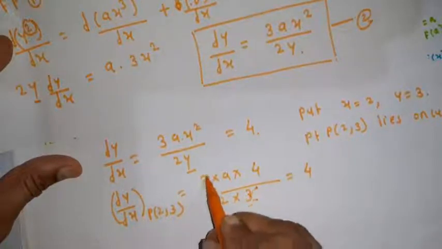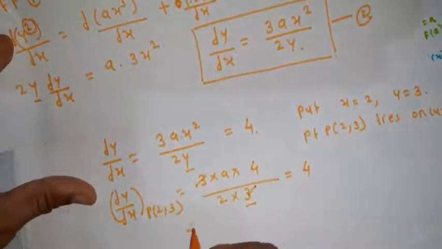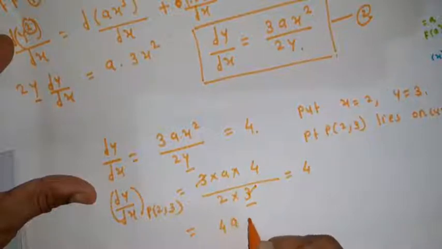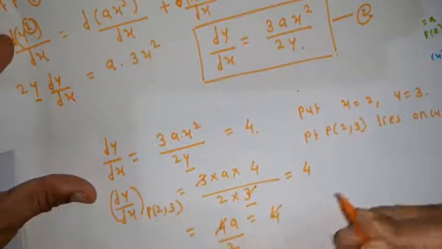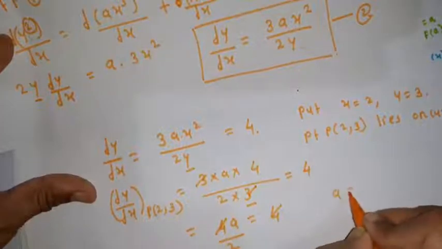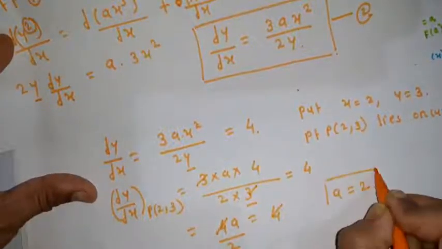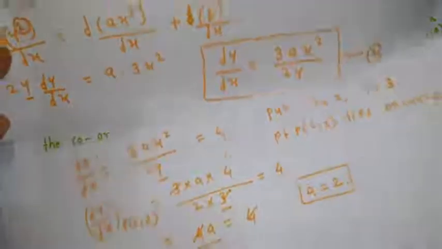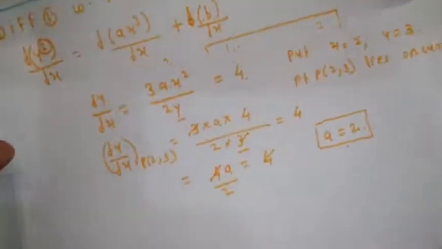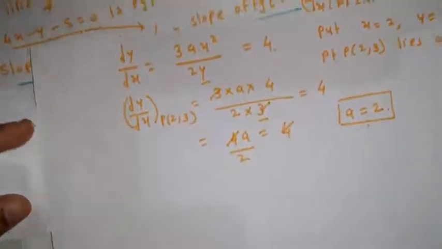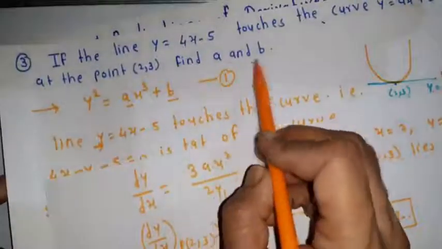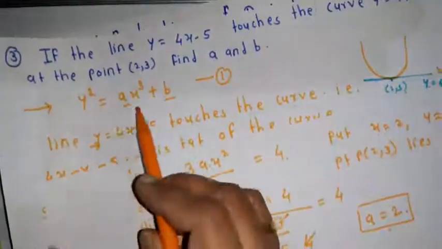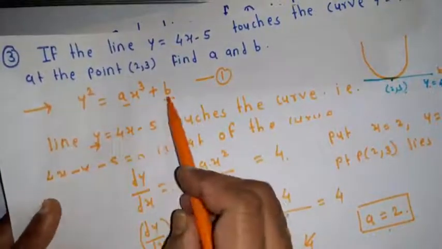So this 3 gets cancelled, and now we have 4a upon 2 equal to 4. So 4 gets cancelled, and now we have a equal to 2. Okay, students, a equal to 2. Now to find out b, because in this problem we have to find out a and b. So now we have the value of a. To find the value of b,